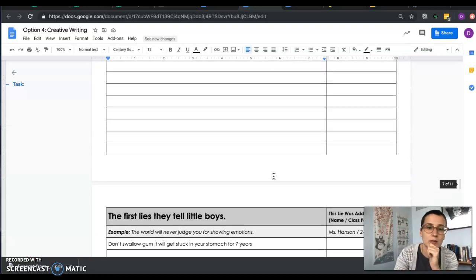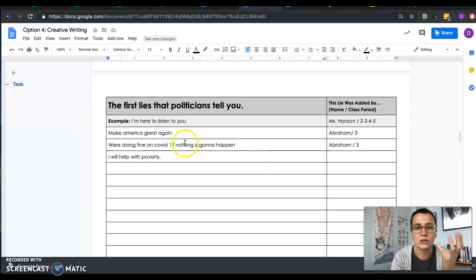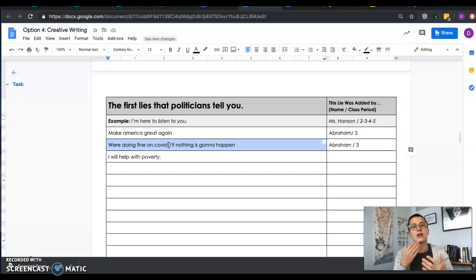Or for example, here's one about politicians. Look at the specificity here. We're doing fine on COVID. Nothing's going to happen, right? So I think if you're choosing this option, the creative one, think specific. Give me a picture, okay? All right, so